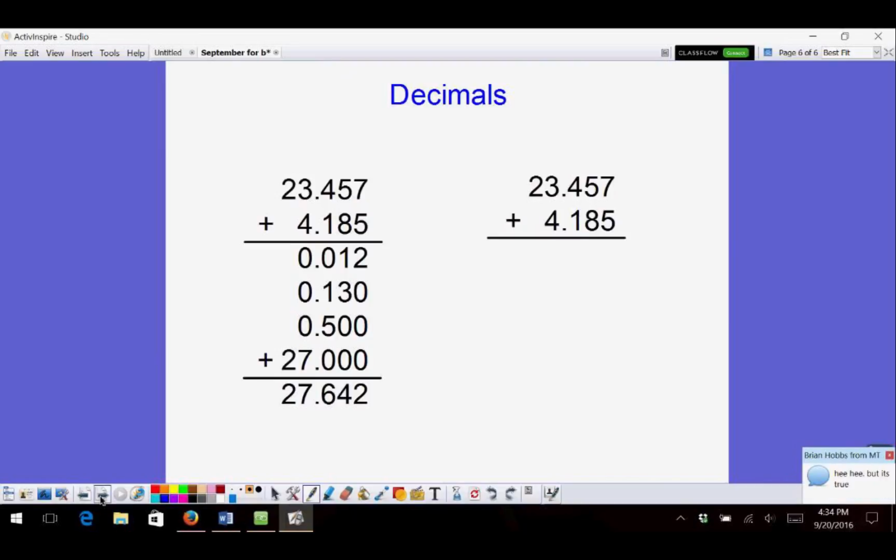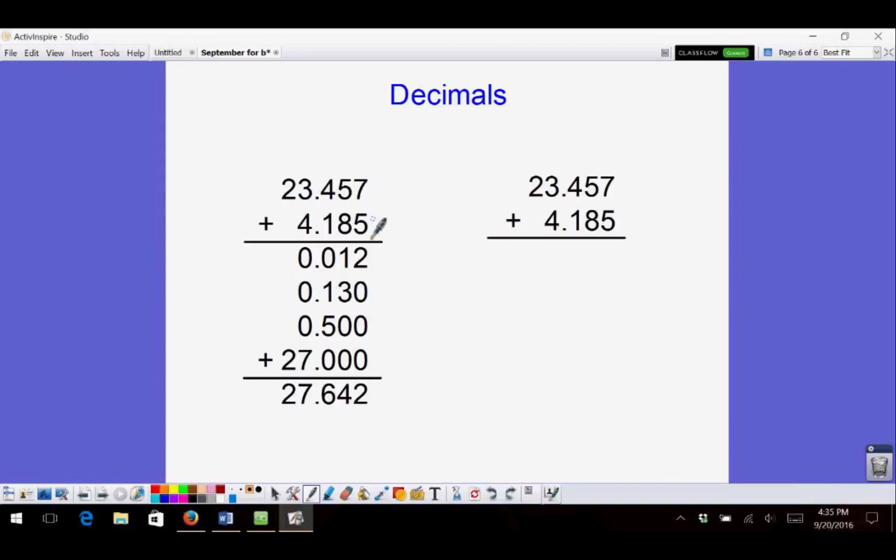It's still like with like. So what changes about decimals is that not only am I adding the tens and the ones, but I also have to add the tenths, the hundredths, the thousandths. So you see here on the left, I went ahead and added, using that partial sums method again,